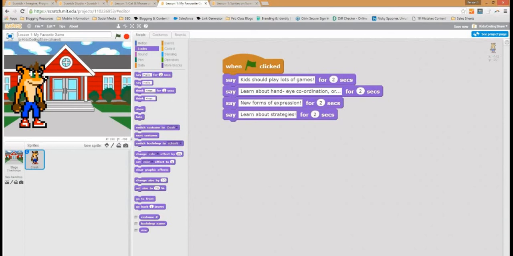And get a more entertaining life from some of the other kids as well. So let's put this one in too. Loads of things we can say. Logical thinking, that's a great one from Brooke as well. So let's say we'll use our think block for this one. Let's say